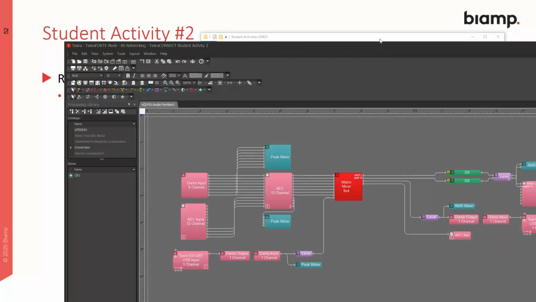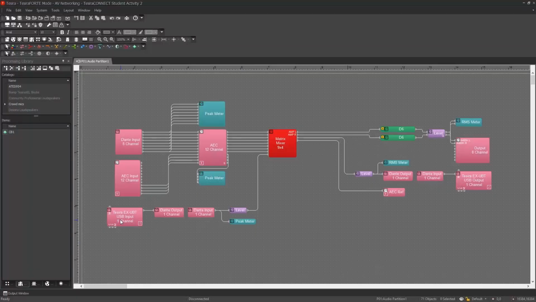We said that in order to get a Dante flow from an AVB flow into a Dante Forte, for example, you need to have an explicit block, which is what we have done. If you look at all blocks, this one is assigned automatically. Any with a question mark means let the compiler decide whether this device is assigned to a specific layout. So if you just simply hit compile,